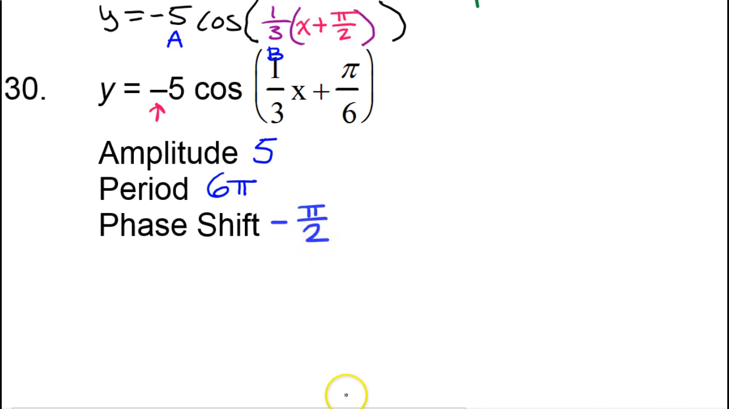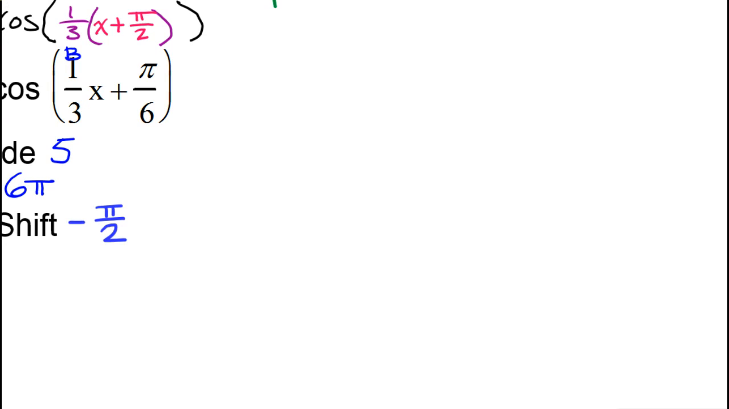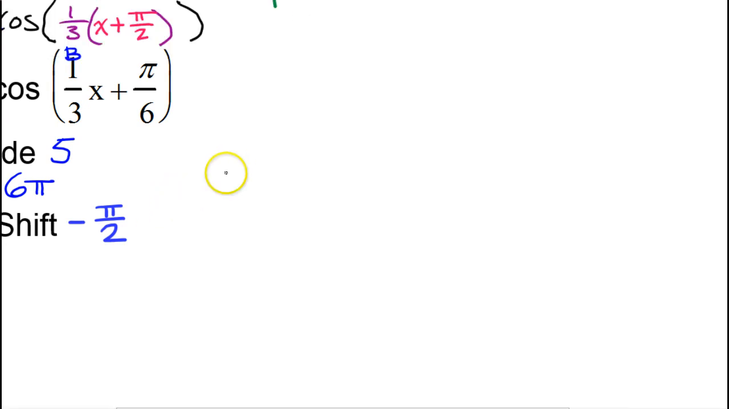Okay, now the phase shift is crucially important because it tells us where to put the first mark on the x-axis. So let's go ahead and draw the x-axis. And let's put our first mark at -pi over 2. So I'm going to put a mark right here and call it -pi over 2. Now put 4 more marks on the x-axis. So 1, 2, 3,